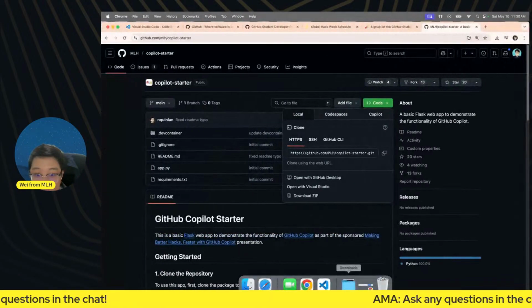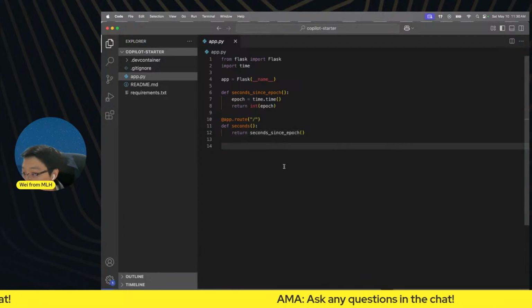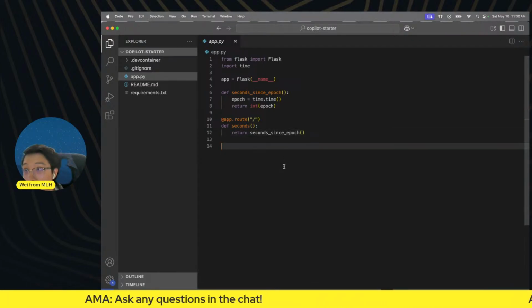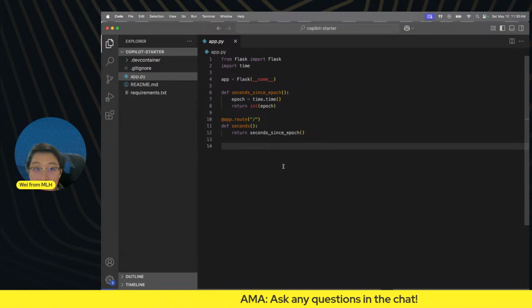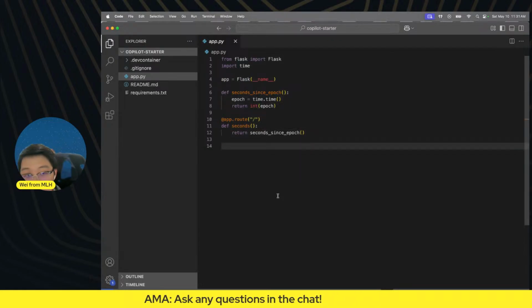Okay, now that we have the app.py open, do we have any Python experts out there? We have about 50 people watching this stream. Do we have any Python experts out there who can tell me what this piece of code does?